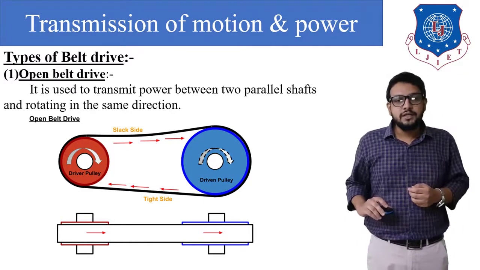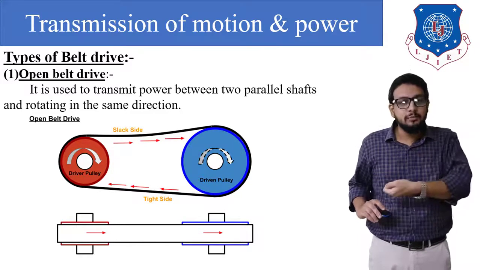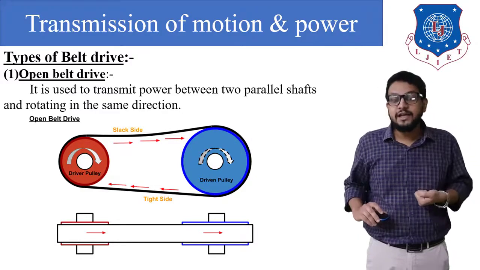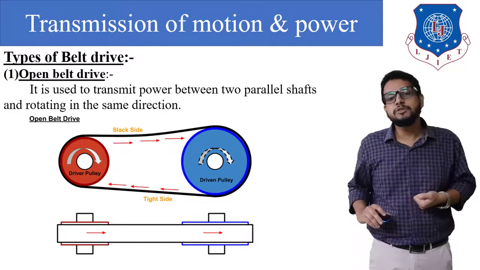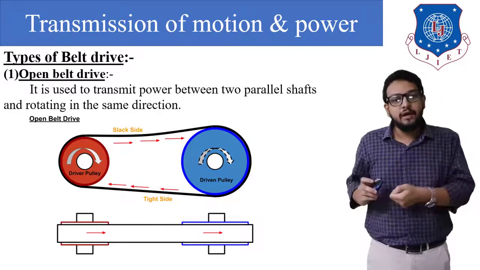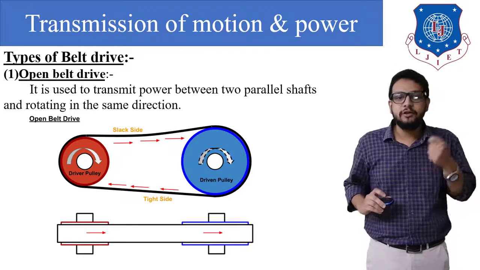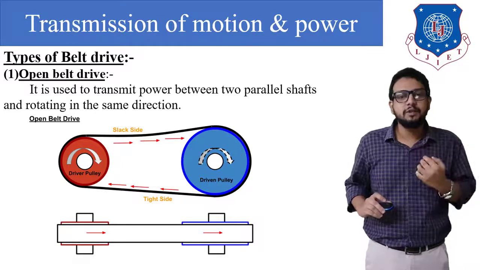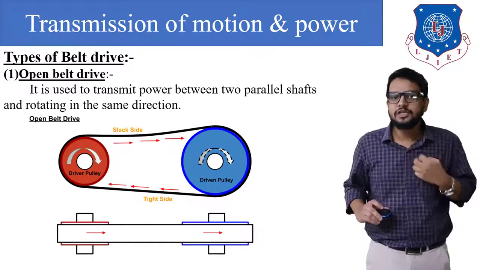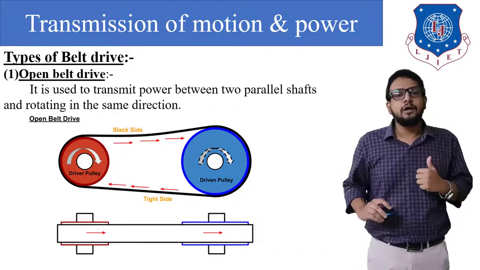Now as you can see, the driver, that is the driving shaft, is going to stretch the belt from the bottom side, right? Which means high tension will be created on which side? So we would say on the bottom side. So that side will become the tight side, and after that it is going to release the belt on the top side. So the driving shaft releasing the belt on the top side will become slightly loose, which means that loose side will have a low tension. So that side is called the slack side. Okay, now let's see further.